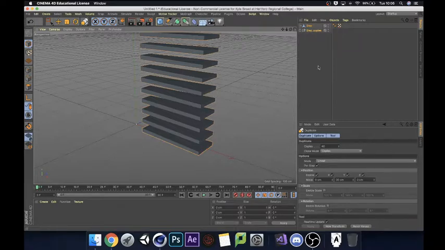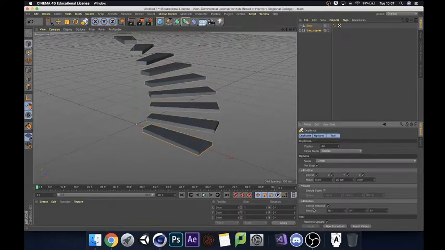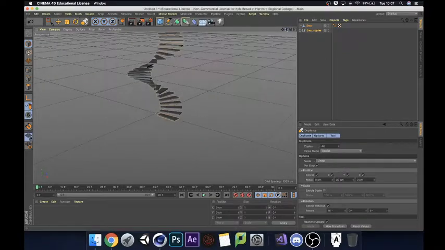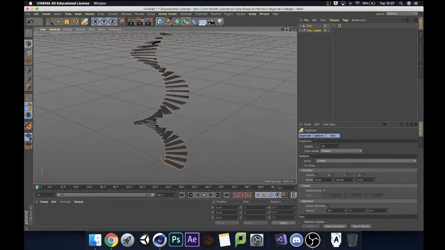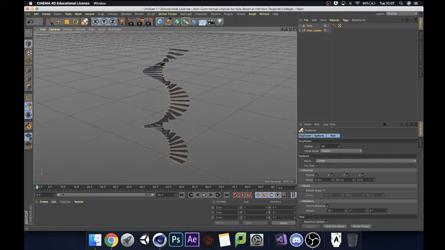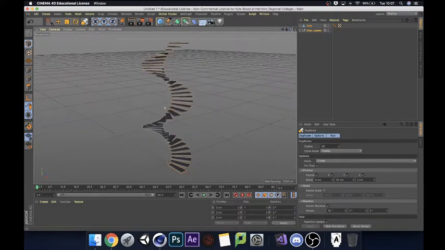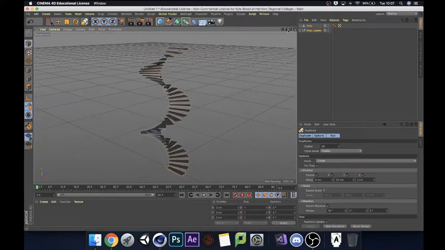So what we can do is go to rotation, enable rotation here. If I check enable rotation, and on the x-axis, I'm going to change this to 18 degrees. And there we go. We've got a really cool looking spiral thing going on. They go up quite high, I must admit, but that's looking quite cool there. So hopefully you've got something like that